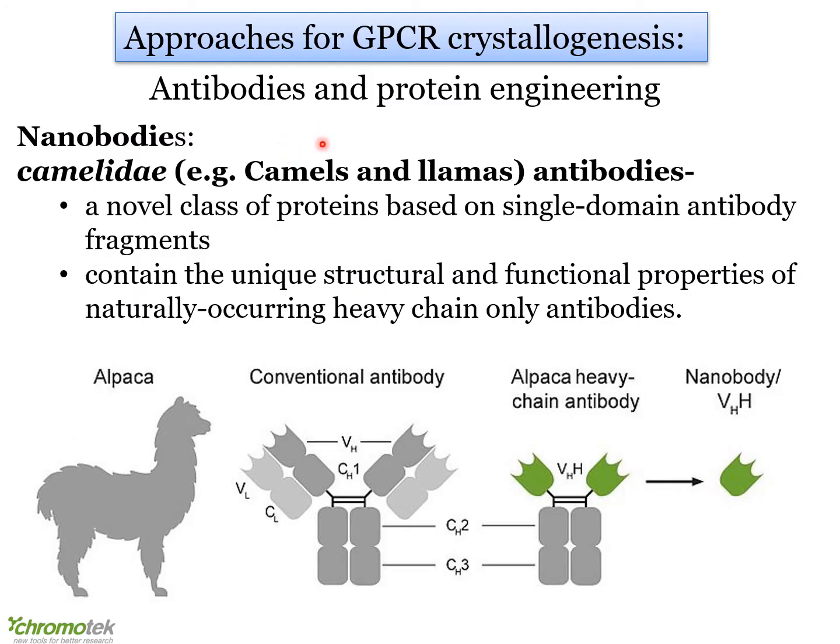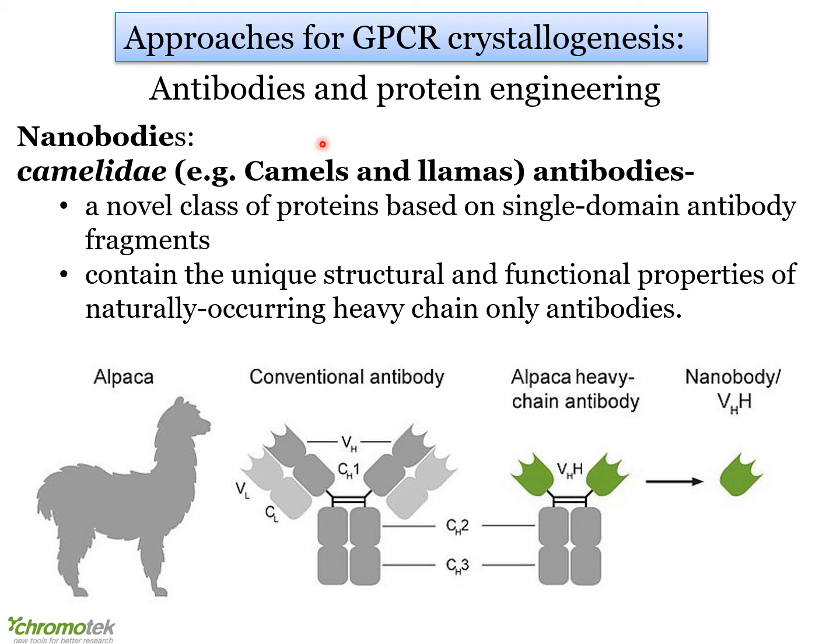Now, previously I mentioned that there are challenges in crystallizing agonist-bound receptor due to the presence of a broader spectrum of structural conformations or ensembles. And these usually lead to the formation of poor quality crystals, which don't provide a high resolution X-ray diffraction pattern. This inherent problem was overcome by using antibodies and protein engineering techniques. So here I'll explain the use of antibodies or nanobodies to stabilize